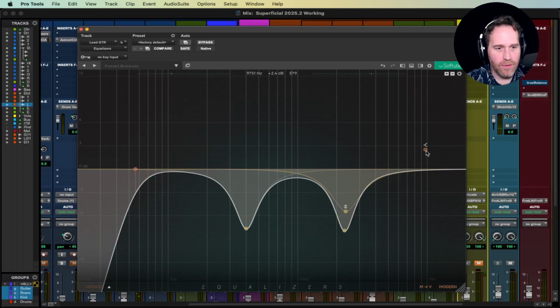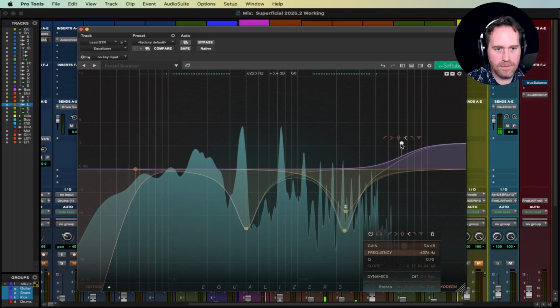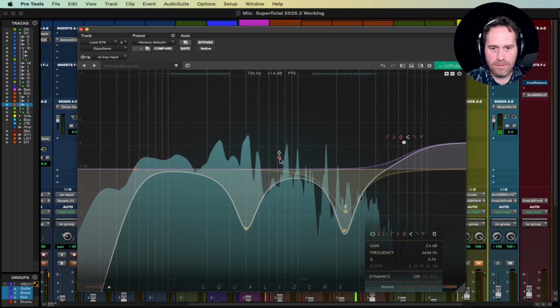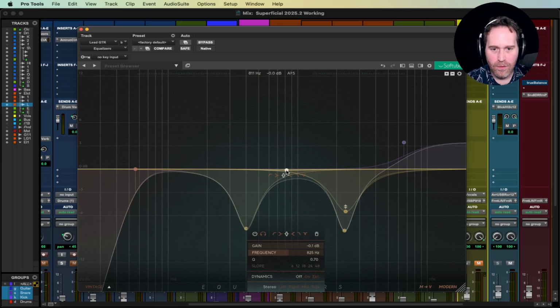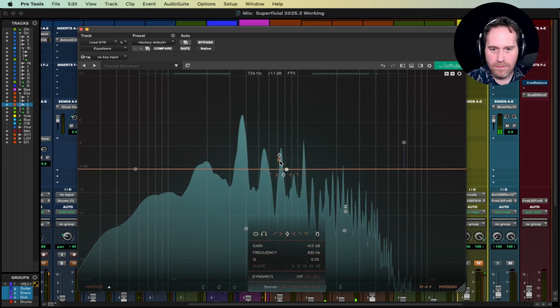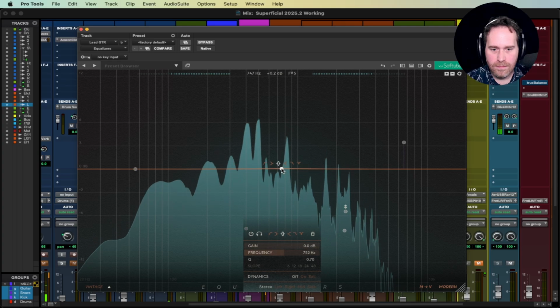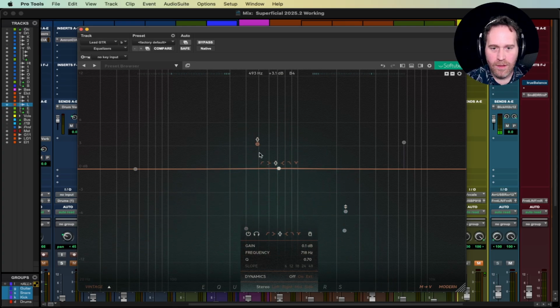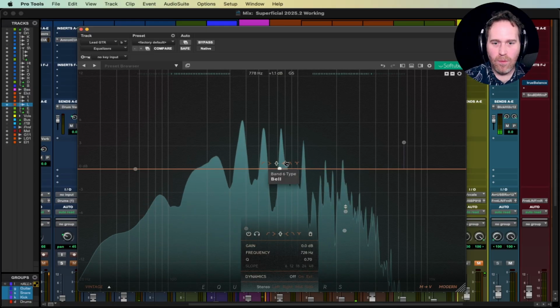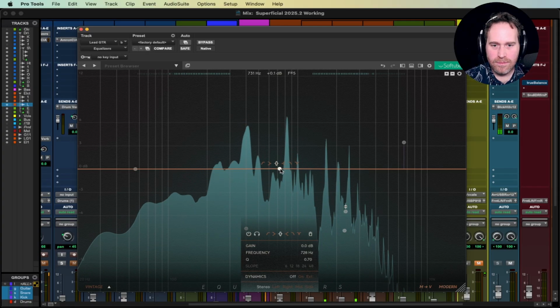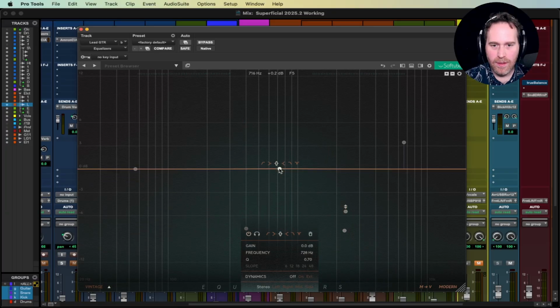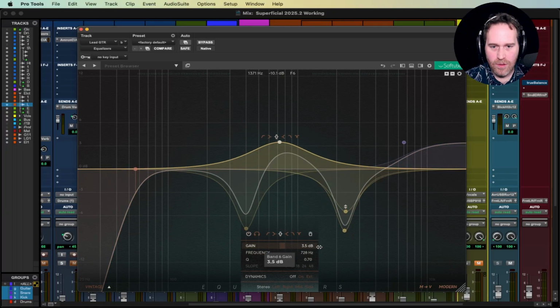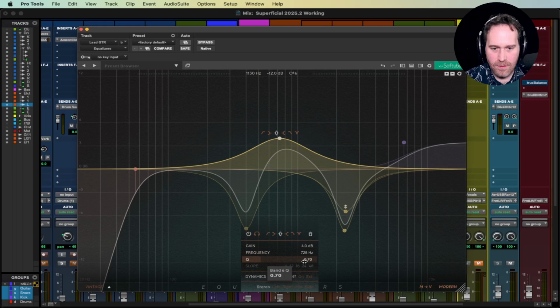I'm going to add a high shelf to add some air in here. Then I'm going to play around with one little effect as well. So a frequency right here on this electric guitar, I want to add a little bit of smoothness to it, about right there. So what we're going to do, I'm going to do another dynamic, narrow that band a little